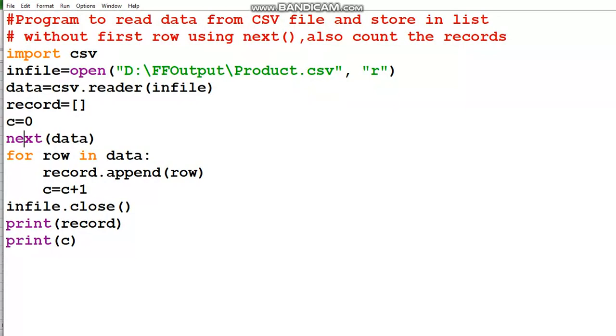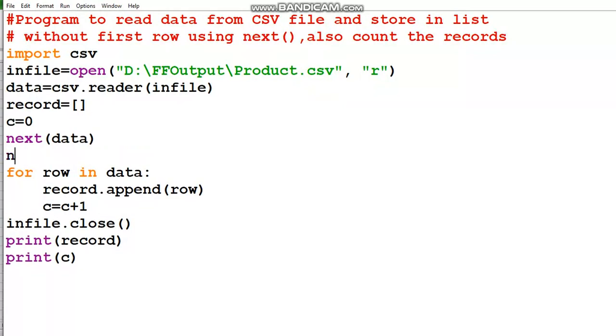So this is for skipping the header row. If you use next again, suppose you write next data, you can test this, now the pointer will point at the end of the second record.